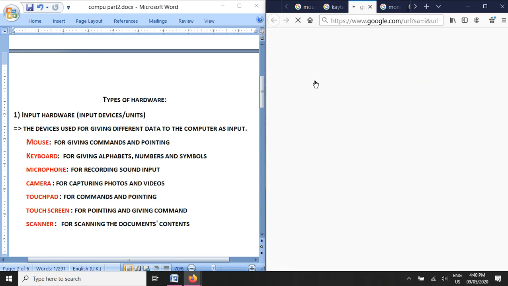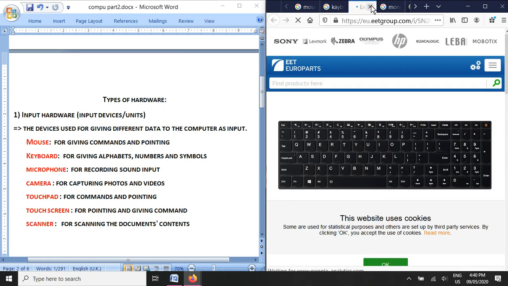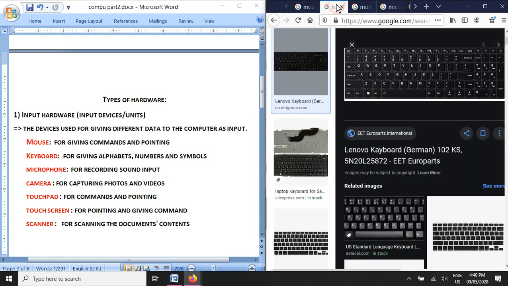You can see the picture. We can give alphabets, we can give numbers, and we can give different symbols from the keyboard. So keyboard is an input device. You can see in the picture over there, there are different buttons, there are different special buttons, and the control button also, and there is a numeric button there and functional buttons over there. So different kinds of commands can also be given from the keyboard, and keyboard is a basic input device used for giving alphabets, numbers and symbols.